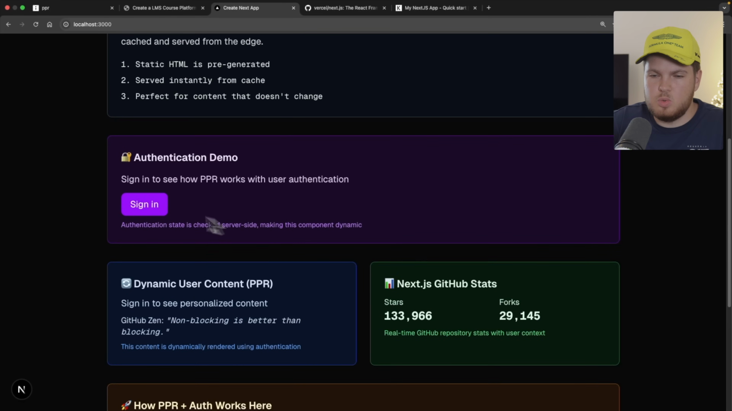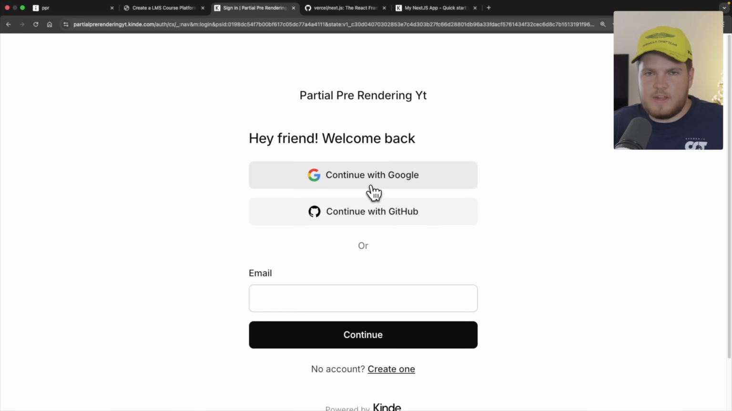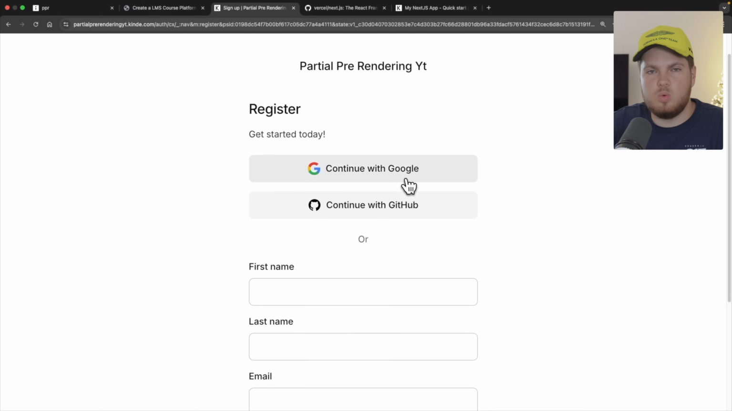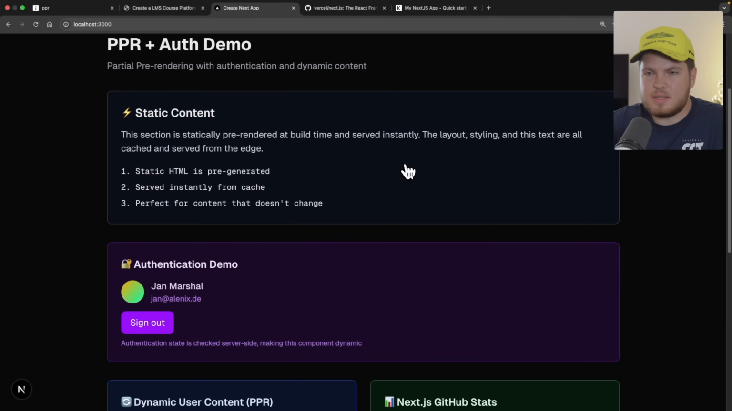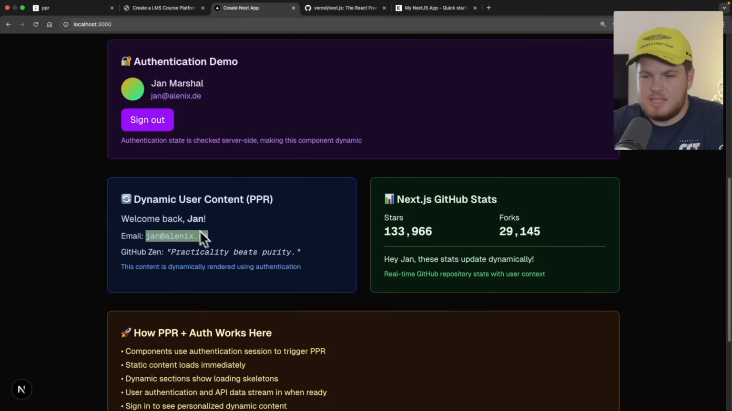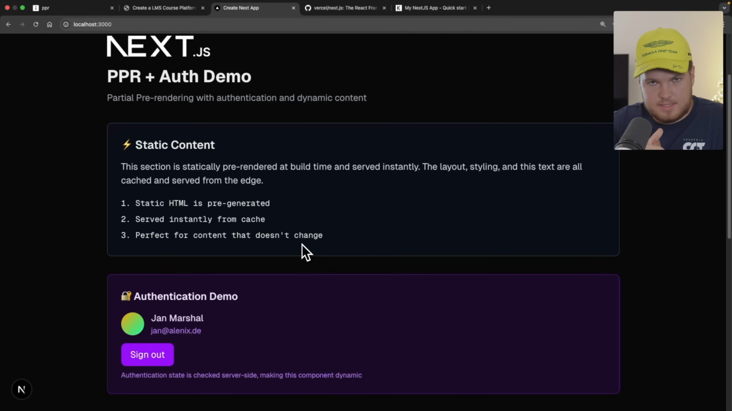Okay, that's what I will do. I will sign in. And as you see, I got redirected to the hosted authentication page provided by Kind. I can sign in with Google, GitHub, or with my email. Now, since I don't have an account yet, I will click on create one and I will continue with Google. And as you see, I got redirected back to my landing page, and now I'm authenticated, Jan Marshall, my email, and here I again see my email with my name. So this worked beautifully,